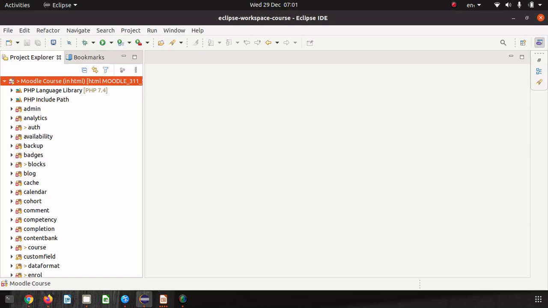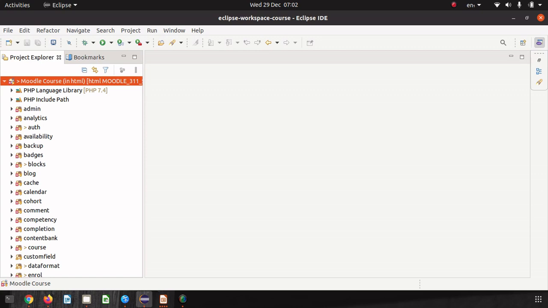Now, local plugins are mostly suitable for things that do not fit into any of the other standard plugin types. Local plugins are always executed last, so all the other plugins are loaded and executed before local plugins are called, even during install and upgrade. When you make a call to, say, get plugin types, the function get_plugin_types from the core, the local plugins will always be the last one in the list. So this makes local plugins suitable for supporting other plugins and doing things just before the UI